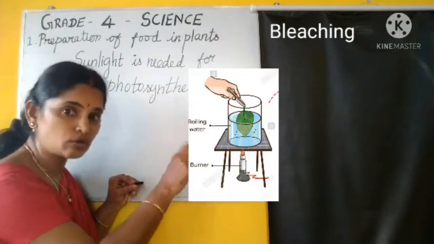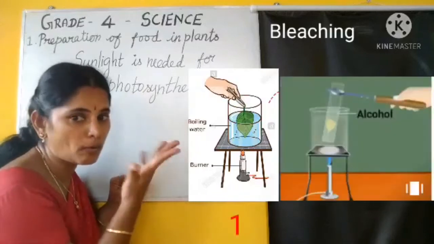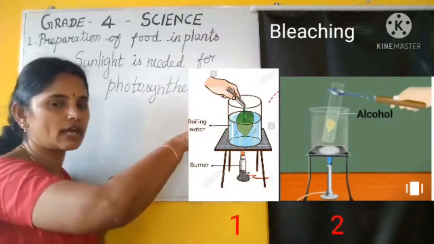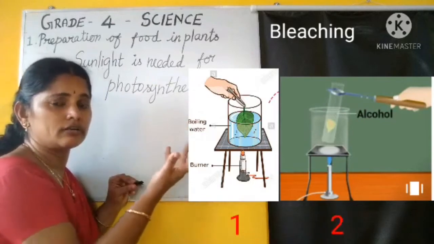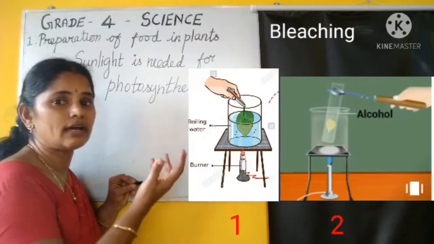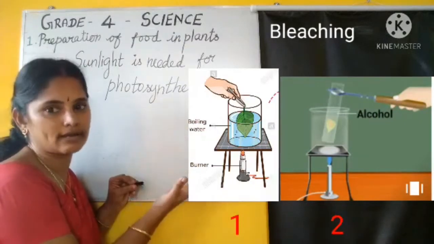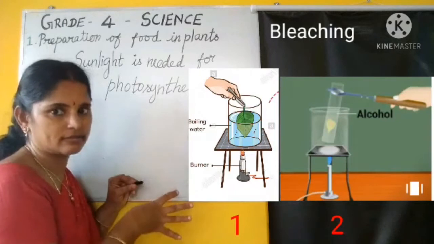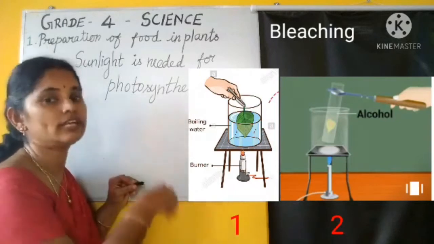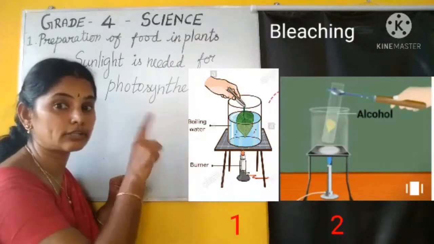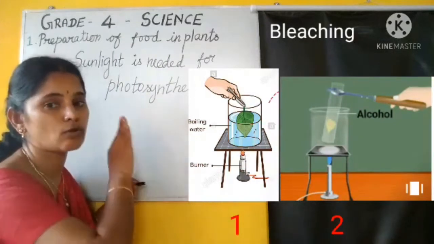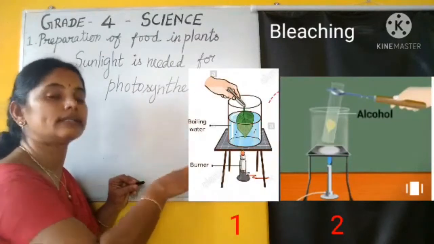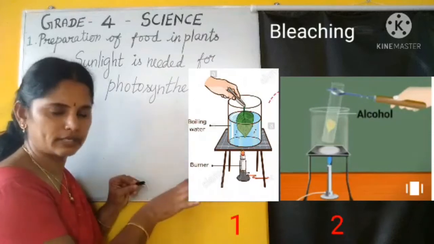Now we are again going to boil the leaf, to remove the green color. Again look at the leaf color, it's green in color. If we add iodine solution also, we are not getting the clarity of the blue-black color. So in order to get the pure blue-black color for the identification of starch, we are removing the green color pigment, the chlorophyll, completely. That process is called bleaching. So first we added the leaf in hot boiling water, but the green color is still present in the leaf.